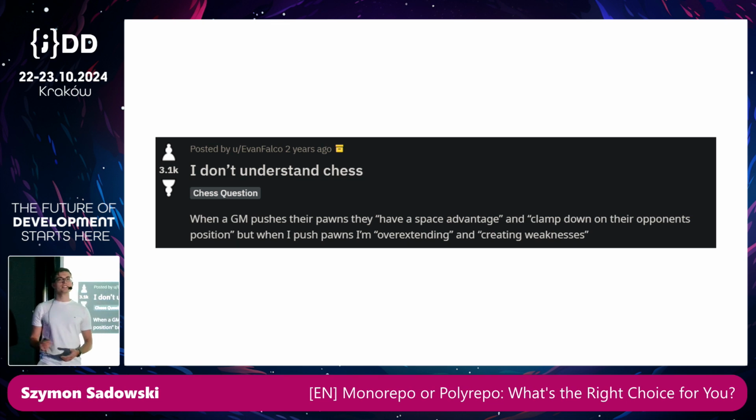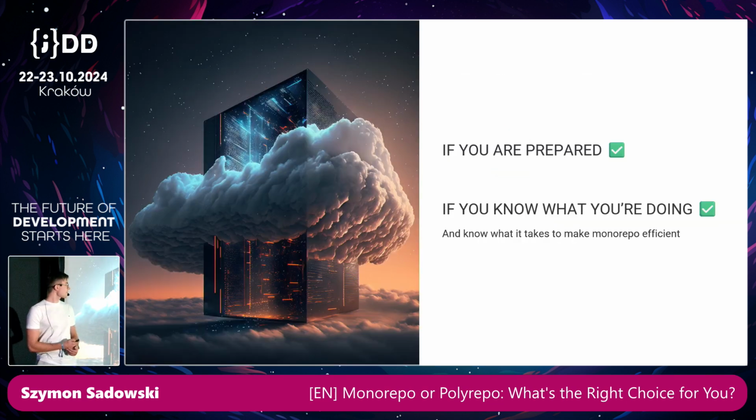So what is actually the deal here? Why can big tech companies like Google, Uber, Microsoft break this rule of storing multiple projects in one repository and gain some advantage from that? And why can grandmasters break those fundamental rules and also in certain situations gain some advantage? The answer to that is pretty simple. You can do that if you are prepared and you know what you are doing and how to utilize such a situation to your advantage.